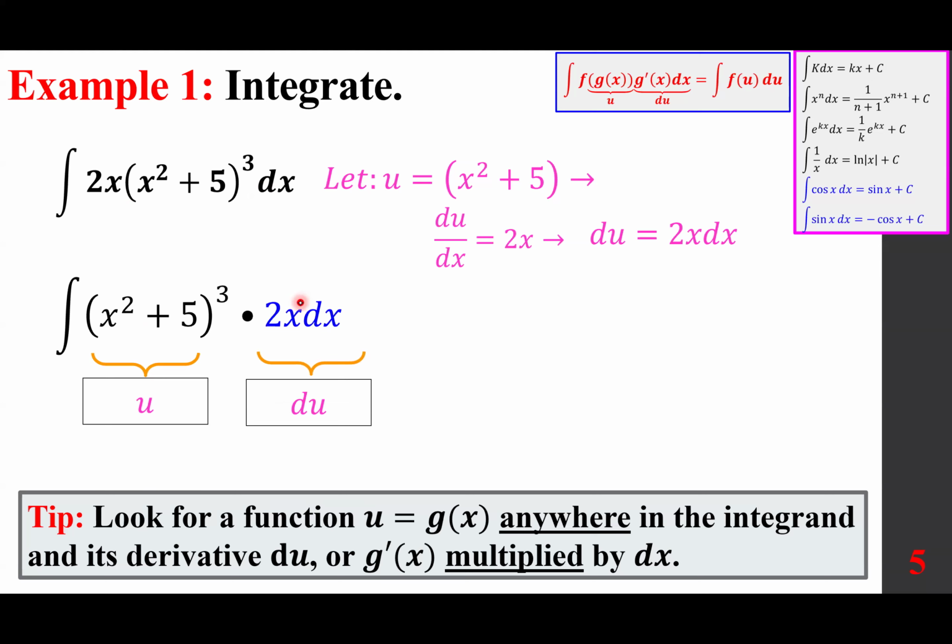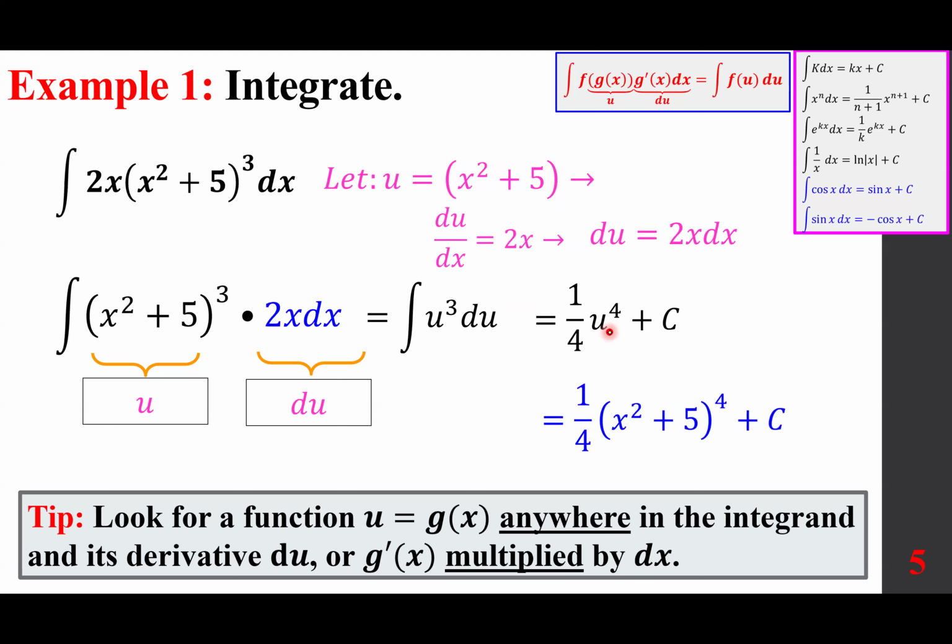So you're looking at the integral of u cubed du, which is going to use the power rule, resulting in 1/4 u to the power of 4 and a constant. And finally, you replace the u, and you get 1/4 (x squared plus 5) to the power of 4 plus